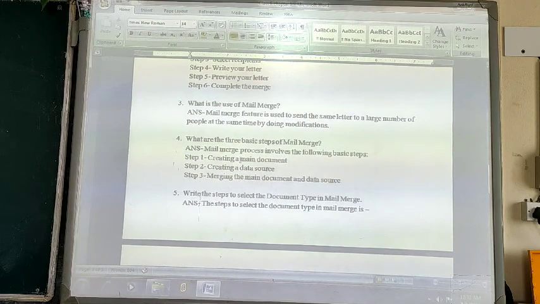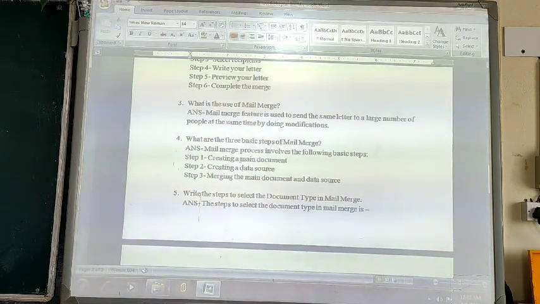Earlier also we discussed that the mail merge process has 3 basic steps to be performed: step 1, creating the main document; step 2, creating a data source; and step 3, merging the main document and the data source together.